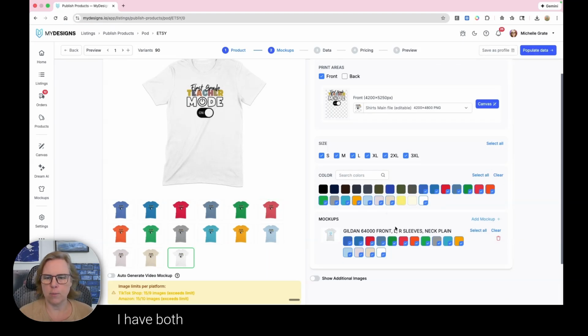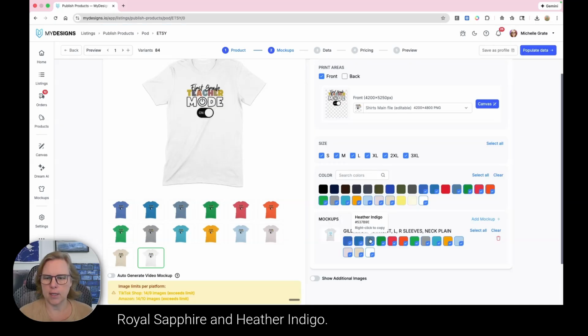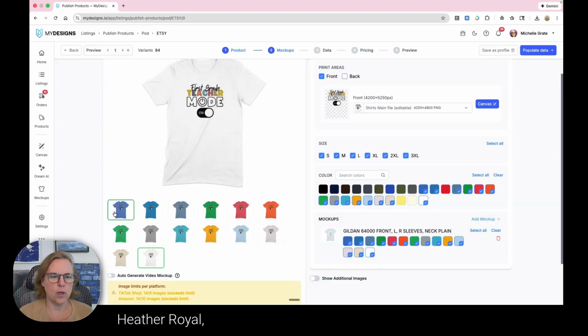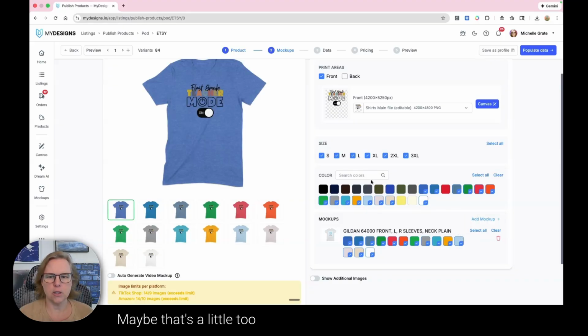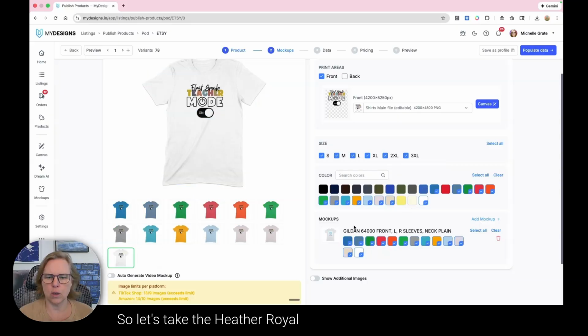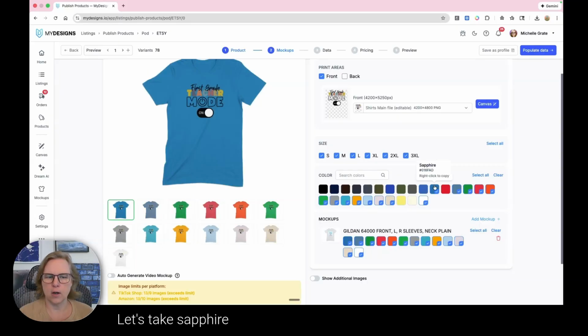Let's see. I have both the heather red and the regular red. Do I really need both of those? I like the heather color, so let's take the regular red off. Same thing maybe with the heather royal, sapphire, and heather indigo. I got tropical blue and I've got light blue. Heather royal, let's take a closer look. Maybe that's a little too dark, so let's take the heather royal off. Let's take the sapphire off,